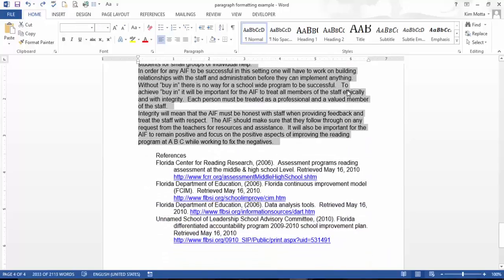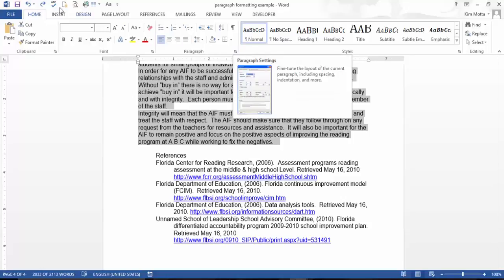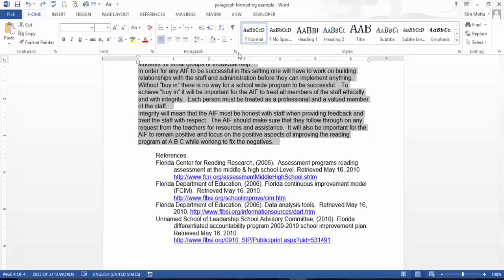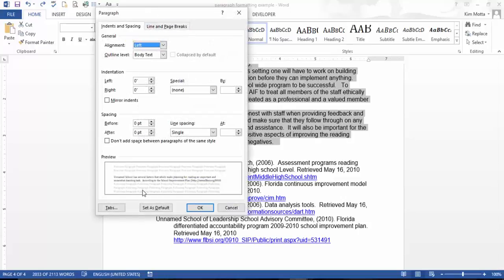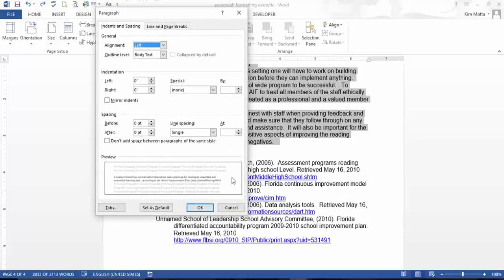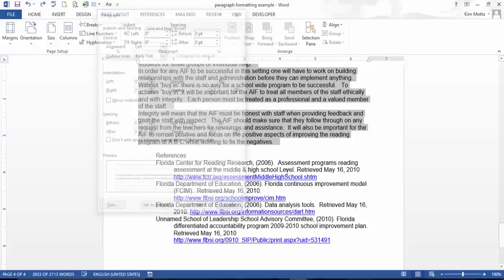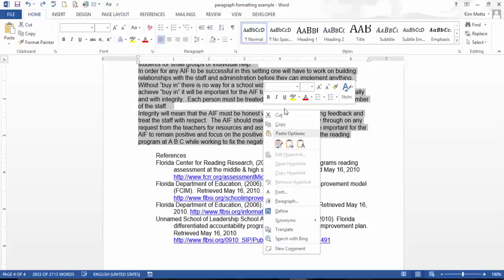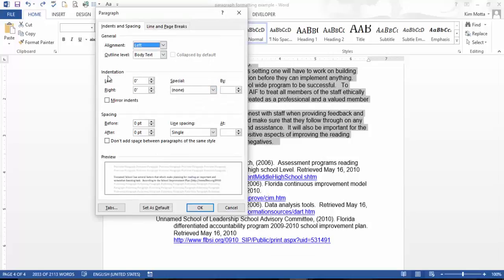We're going to go to the paragraph dialog launcher box. There are 3 ways to get there. The first way is the Home tab, Paragraph Group, and you click. You get the dialog launcher box. There is also, under Page Layout, a Paragraph Group again. If you click that dialog launcher box, you get the same dialog box. The third way to do it is to do a right click, and then you will notice there's paragraph in here. What we want to do is go to Indentation